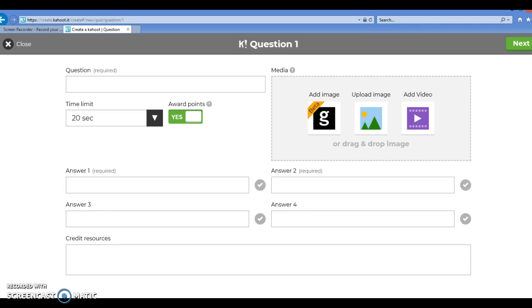For Kahoot, all you need is a computer or a cell phone. Mostly how educators do is they go on their computer, hook it up to the smart board, they take the test, and they allow their students to use their cell phone or go on the computer and take it. So for question 1, I can write